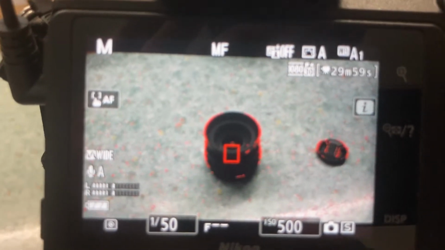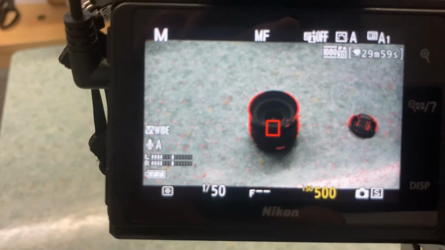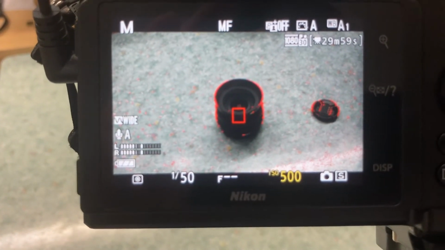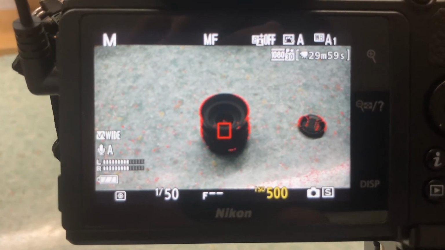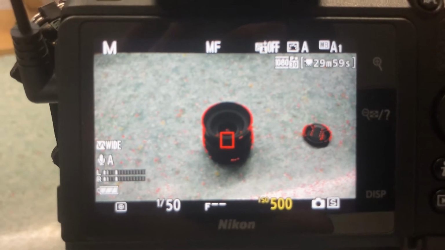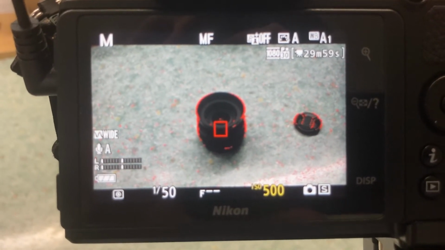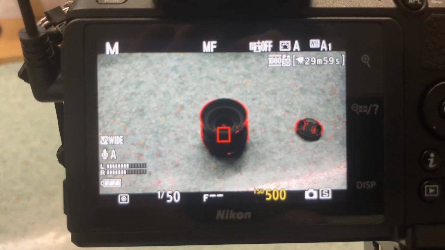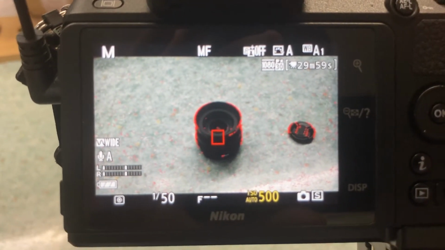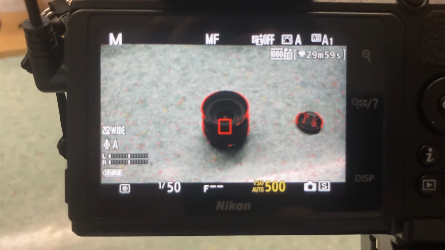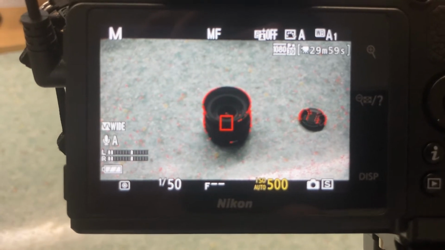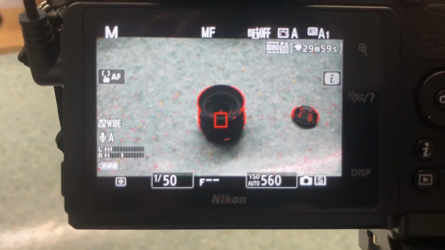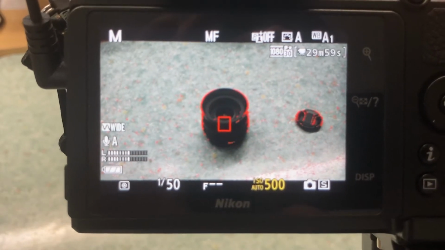First of all, you need to press the ISO button. Then you see it turns color. The ISO 500 turns yellow, right? Then you press the ISO, and at the same time you change it from the down button. It shows auto, right? By default it's ISO auto. So you need to change it to just ISO.